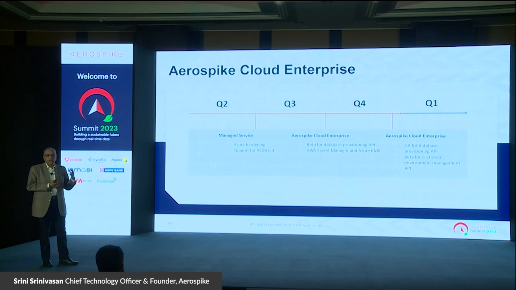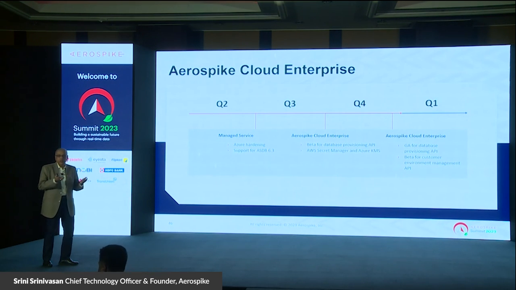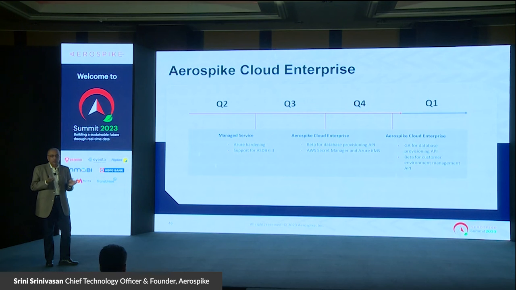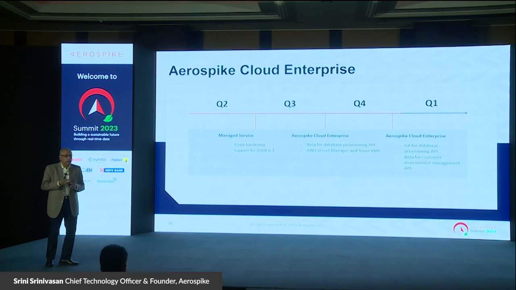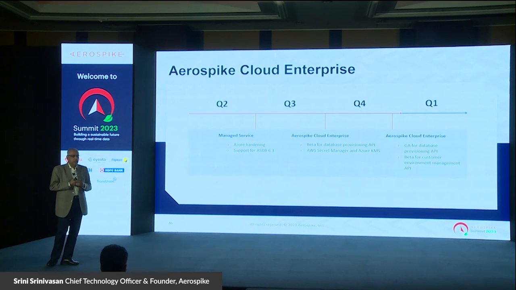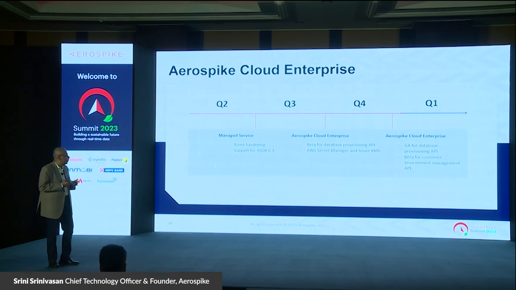The difference between the DBaaS and the managed service is that the managed service typically runs on the customer's account, while DBaaS will run on the Aerospike account. That's one difference. Even so, the Aerospike DBaaS isolates data across all customers, so your data is not getting mixed with other customers'. We take care of a lot of security things. We worked with really large customers and have run managed services for several years, so we're very aware of the concerns of security and isolation.